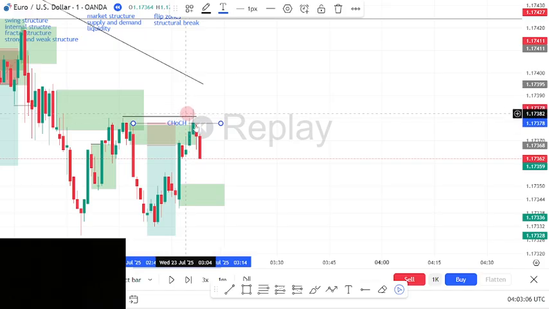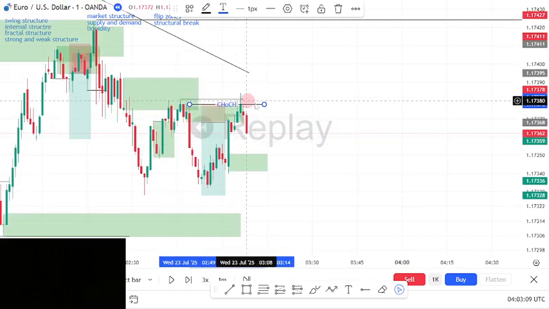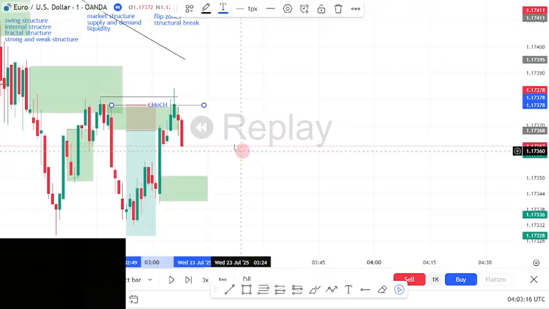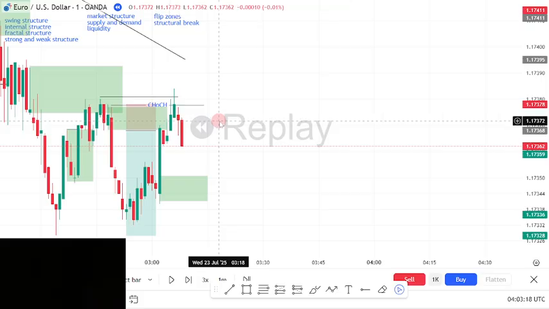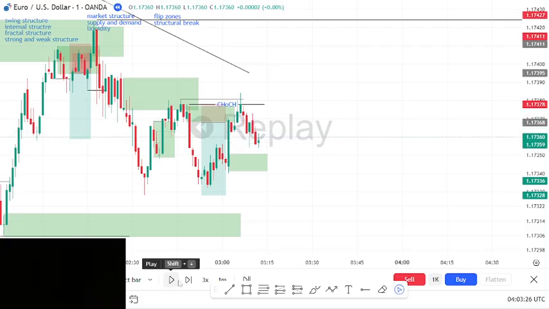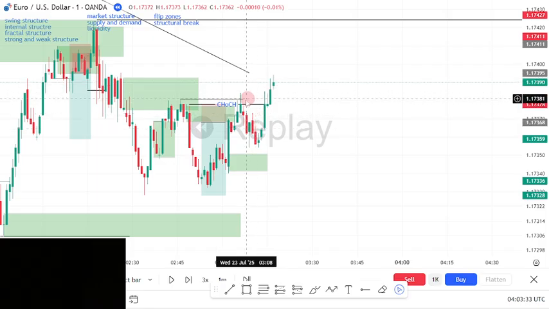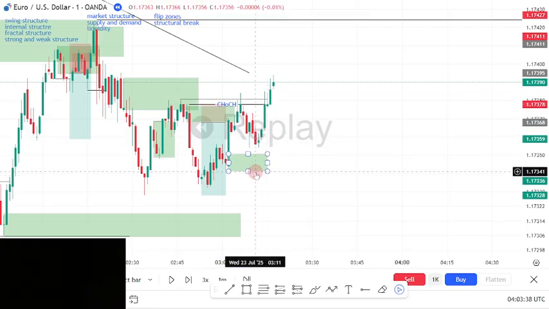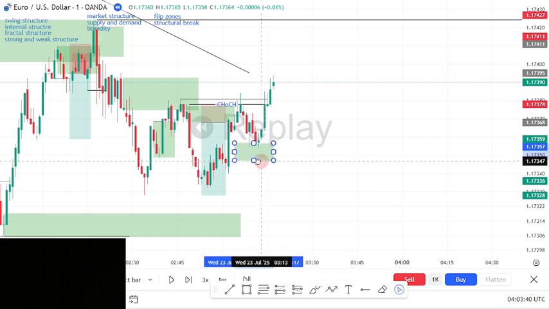When price is pulling back, we are still bullish. So we are still bearish on the 15 minutes and the 1 minute. We are still looking to sell. But we have to keep in mind that this one is just a pullback on the 15 minutes, and the 15 minutes is bullish, which aligns. Now the moment we get a break of structure like this, we know that